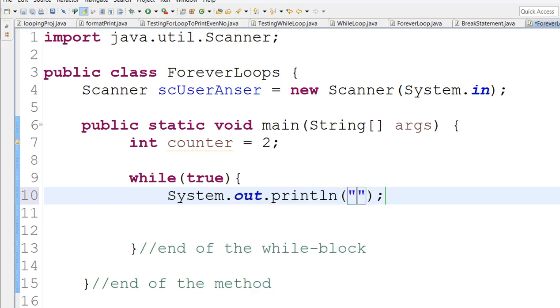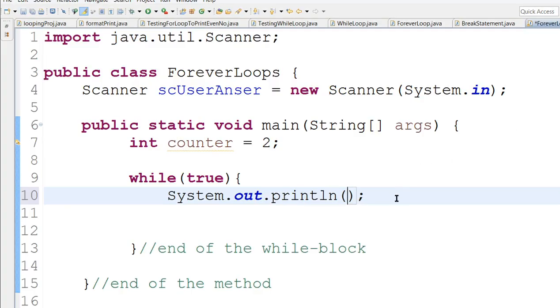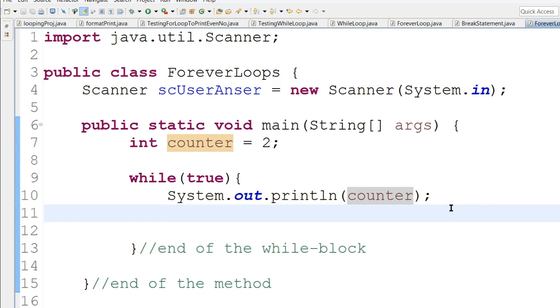We print out the counter. This is how the result looks like. We only print out the counter itself, and then we ask the question, do you want to keep counting? Right, so let me print out the counter here, println, it breaks the line, and then